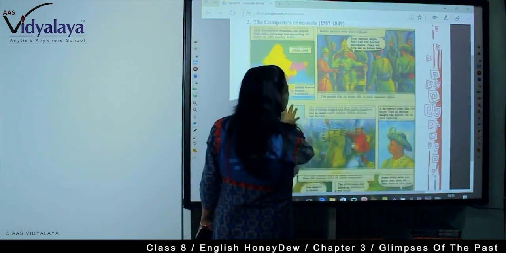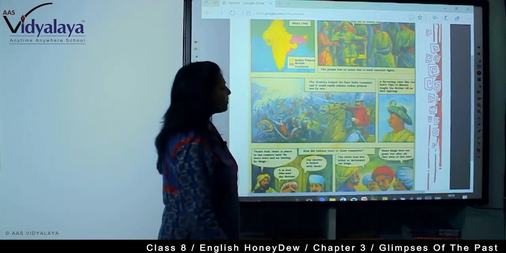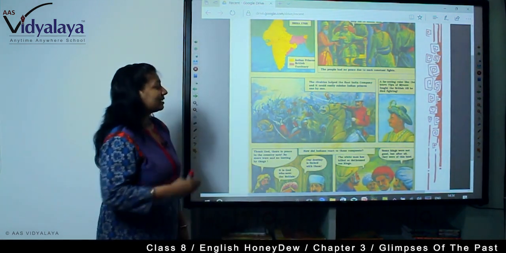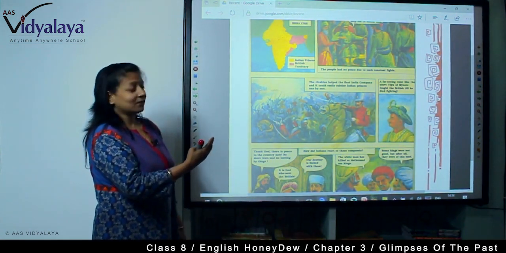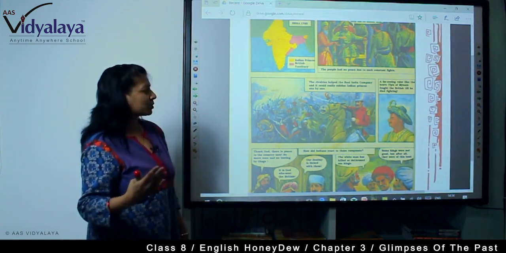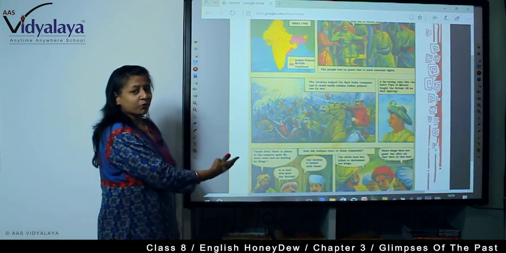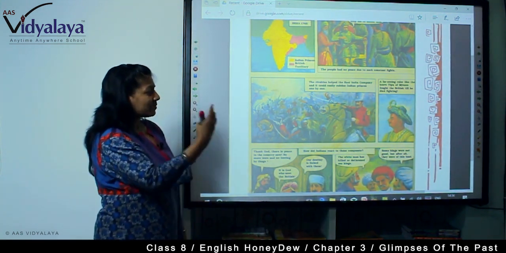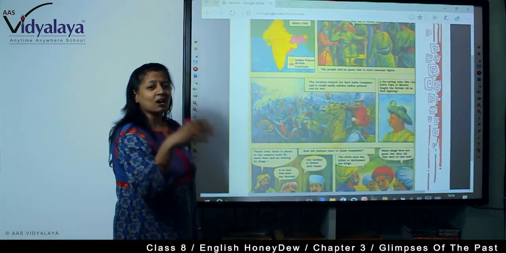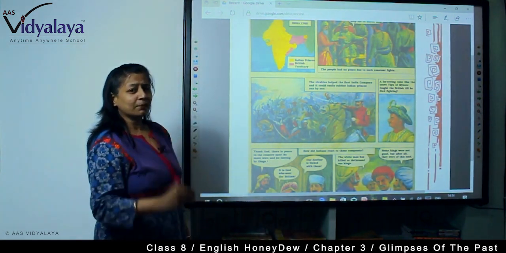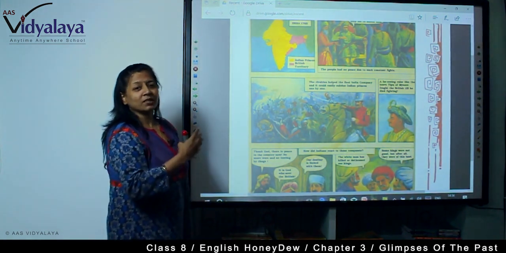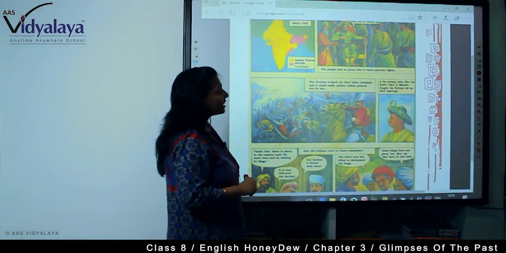A far-seeing ruler like the brave Tipu of Mysore fought the British till he died fighting. Tipu Sultan, we still remember him. If you go to Mysore or Bangalore, you will see his fort, the entire museum, the entire palace is there, and history is there of how he fought bravely with the British. So, Tipu Sultan, one of the earliest freedom fighters, a far-seeing ruler,